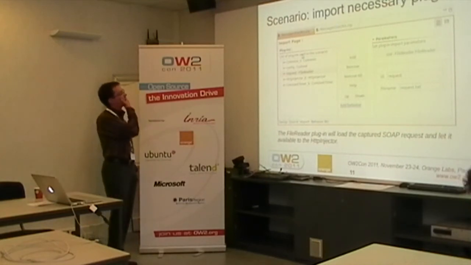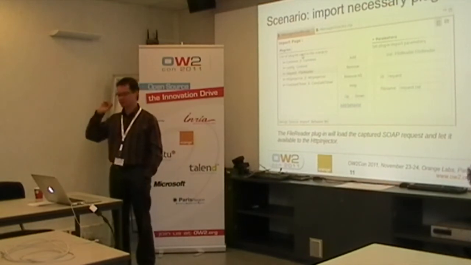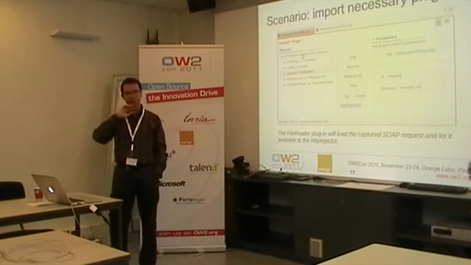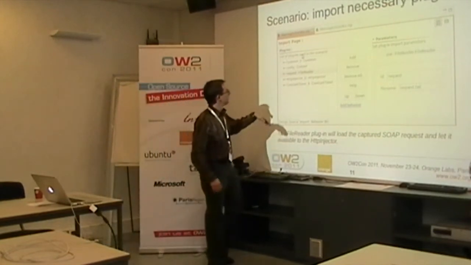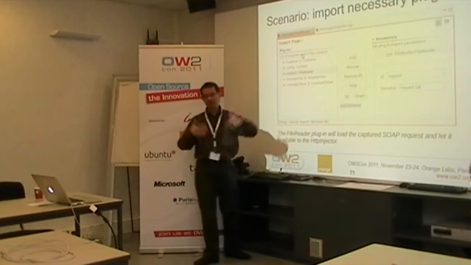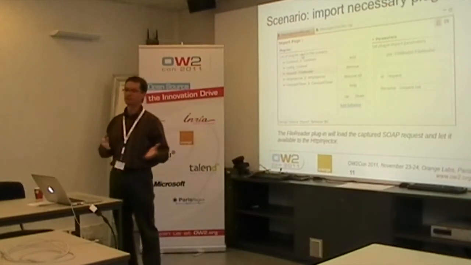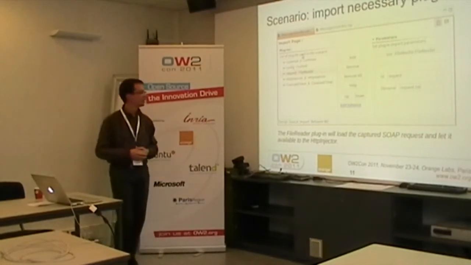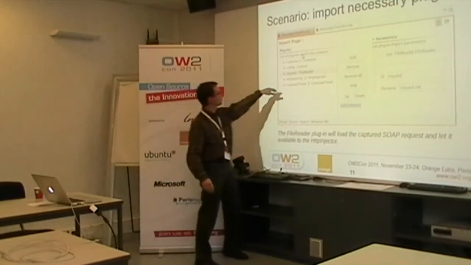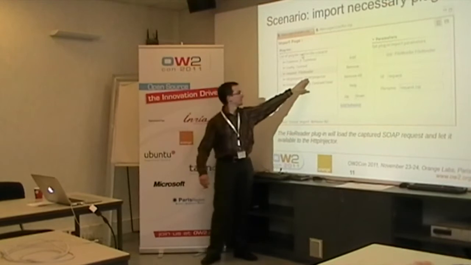Okay, then first step. Your Cliff project is created, and now you will create your scenario. The first step is that you have to import the necessary plugins. There are plugins for many things. Most of them are dedicated to supporting one protocol, for example, the FTP injector or the SIP injector. Here we need the HTTP injector because we are going to inject load, we are going to send an HTTP request.